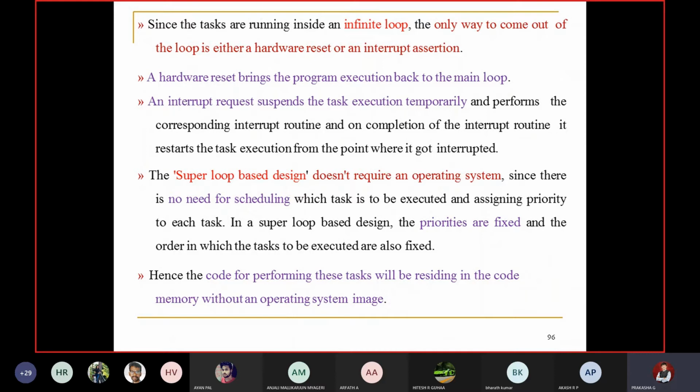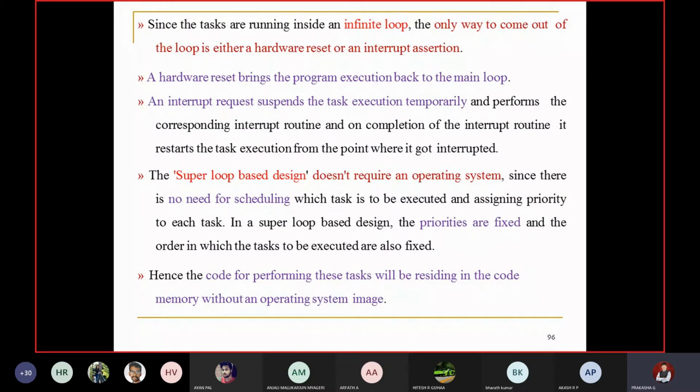That is why it is mentioned that one category is based on the operating system, and the other is based on the super loop model. In a super loop based design, the priorities are fixed and the order in which the tasks are to be executed is also fixed. That is one of the advantages.